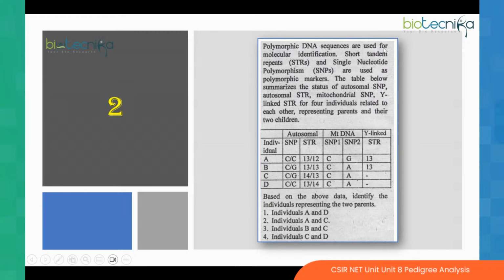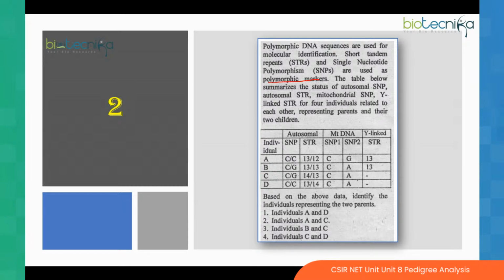So polymorphic DNA sequences are used for molecular identification. Short tandem repeats, STRs, and SNPs are used as polymorphic markers. The table below summarizes the status of autosomal SNP and autosomal STR. Autosomal SNP and autosomal STR are SNP and STR which are present on autosomes. Mitochondrial SNP means this SNP is present in mitochondrial DNA, and Y-linked STR means this STR is present on the